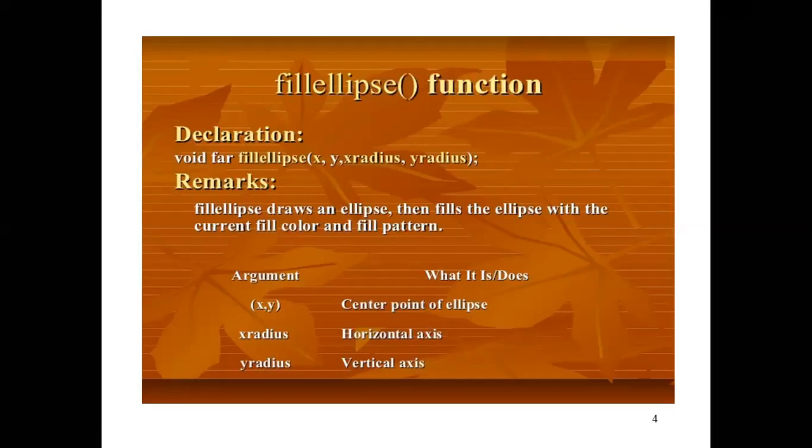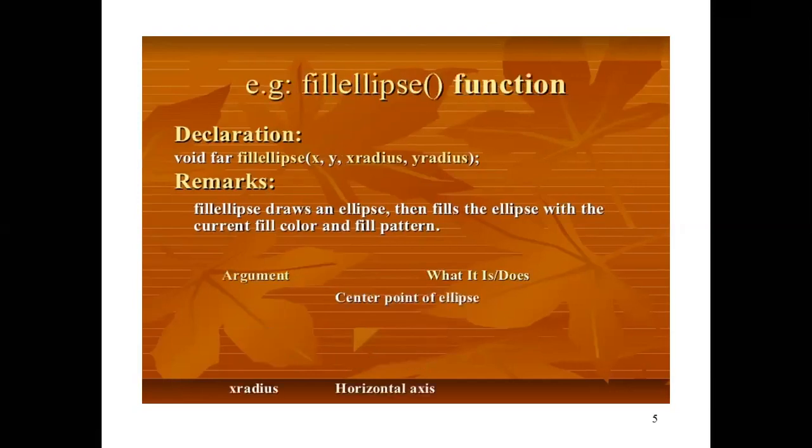In the same manner as the preceding one, the ellipse function, here along with that, it will draw the ellipse and also fill the color inside the ellipse. So you will write void fillellipse(x, y, xradius, yradius). Again the data will be provided to you, and then you can fill the color in this. We can see this can be used to fill the color.